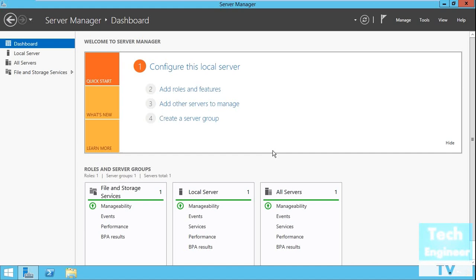Today I'm going to discuss how to install Active Directory in Windows Server 2012. So we have opened Server Manager so far. We have configured Server Manager. We have checked the Server Manager, the new way where we can basically access the entire forest and configure the